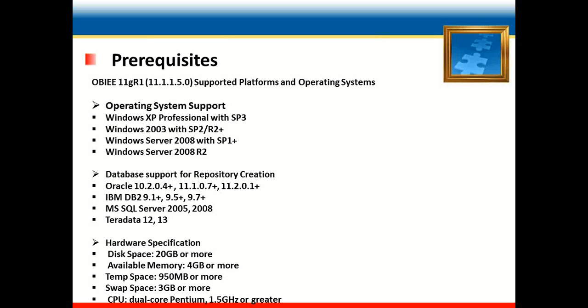So the prerequisite slide is for supported platforms, operating systems and hardware specifications. As we can check, the prerequisite from the certification matrix that's available on our Oracle site. We can check our prerequisite from that certification matrix.